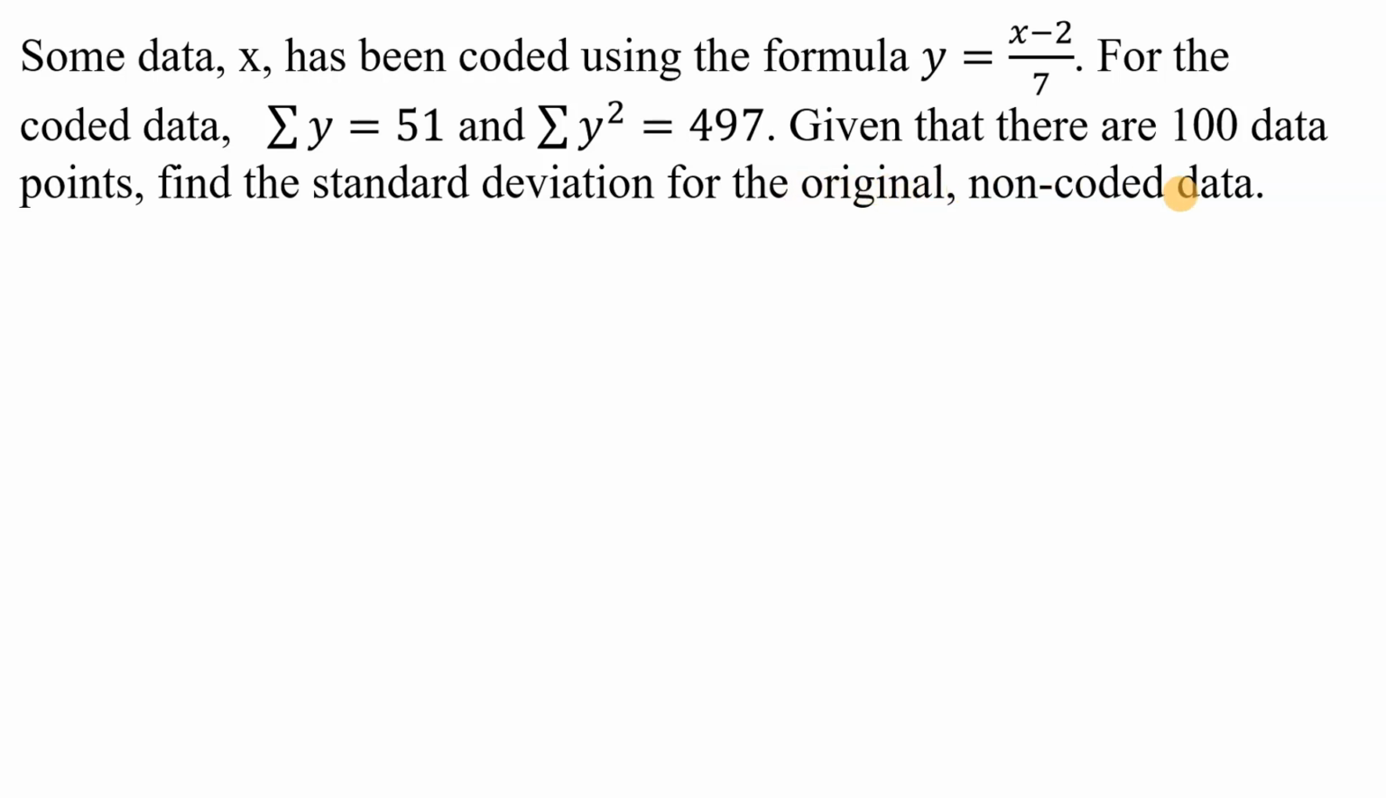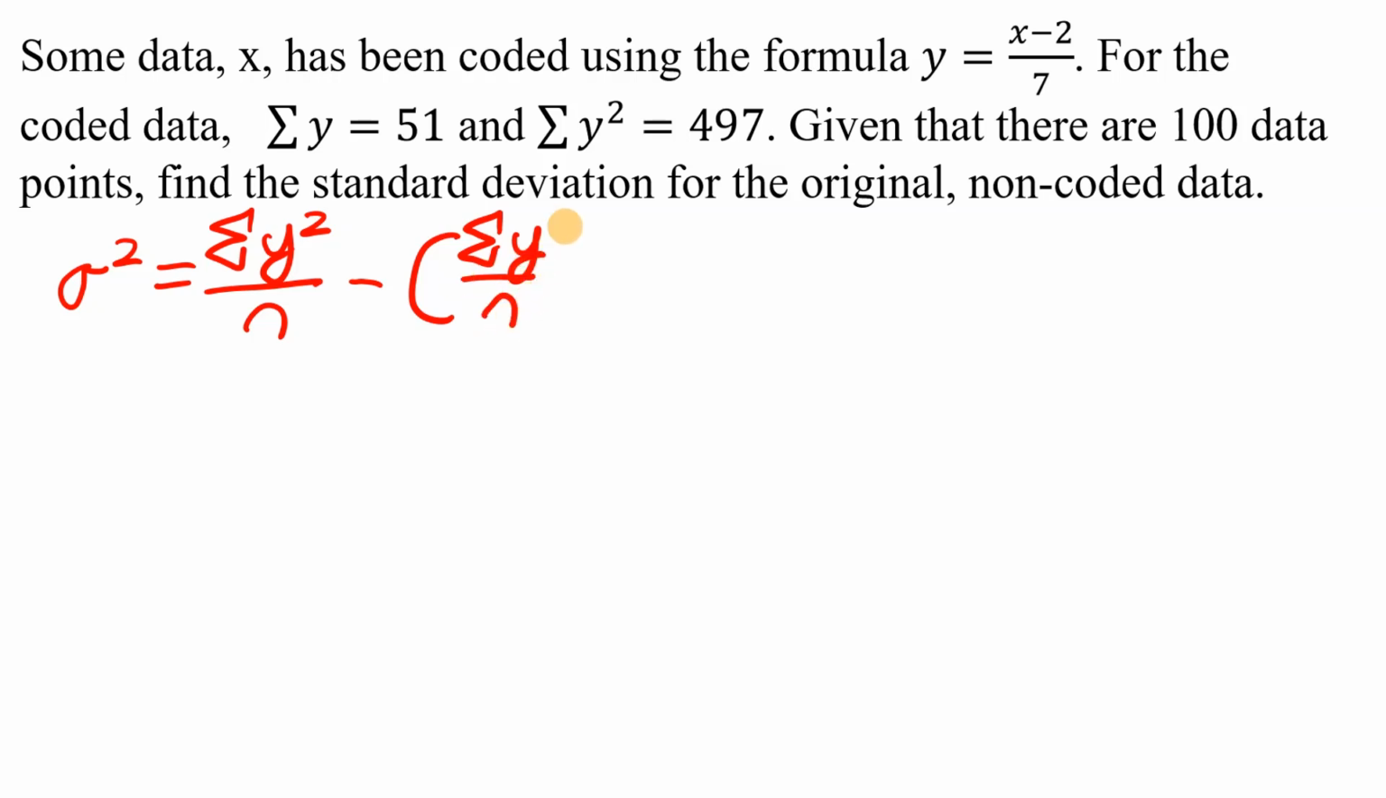Okay, so to do this, first we need to find the standard deviation for the coded data, which we can do using this information here. Now go back to the standard deviation video if you need a reminder of how we calculate it. So the formula for the variance is equal to sigma y squared over n minus sigma y over n, all squared. Okay, so therefore the variance is equal to sigma y squared